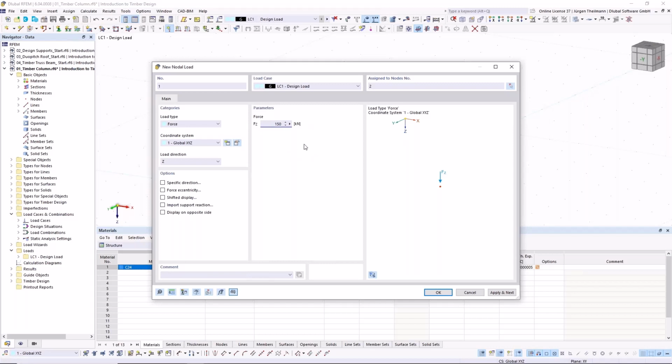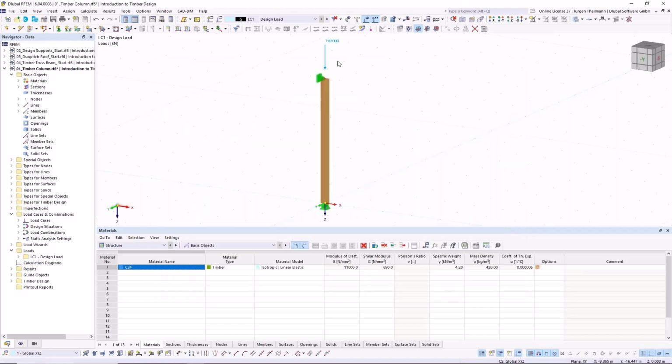We need a direction for that force, so I go to load type, coordinate system global in the Z direction, and this is the one I want. Otherwise, we could change the direction. Say OK, and the load gets applied. Okay, so I have all I need for a structural analysis of this column, and what I want to do